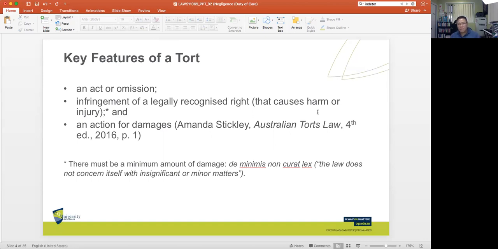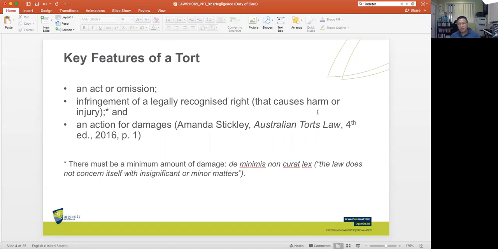We also need to remember that as far as damages are concerned, which we examine in later weeks, it is a requirement in an action for tort that there has to be a minimum amount of damage. In other words, as the Latin saying goes, de minimis non curat lex. The law does not concern itself with insignificant or minor matters. So if it's a minor or trivial thing in relation to damage,